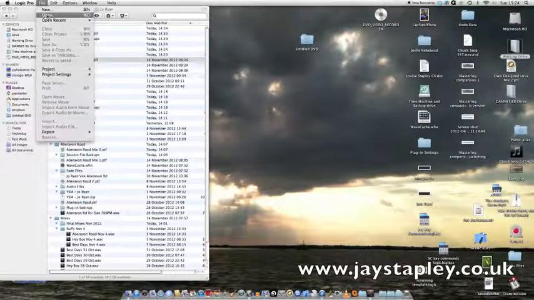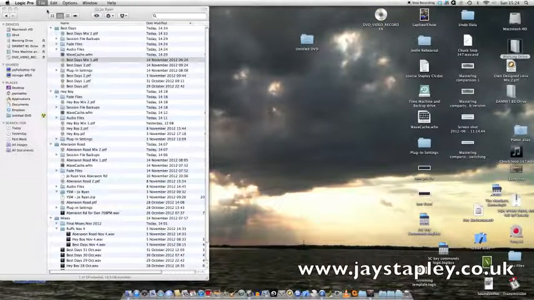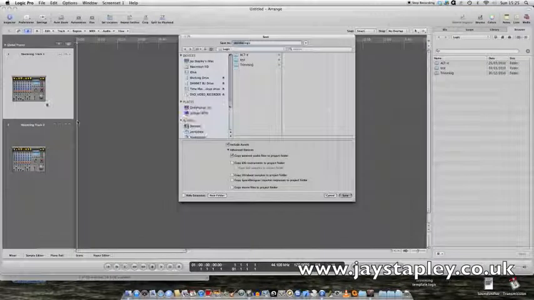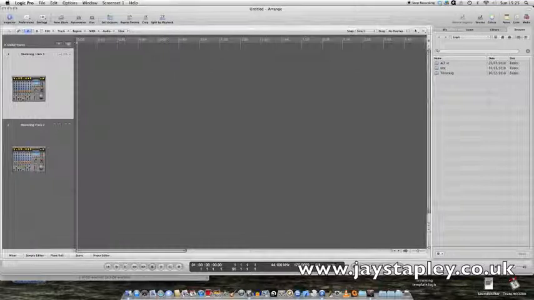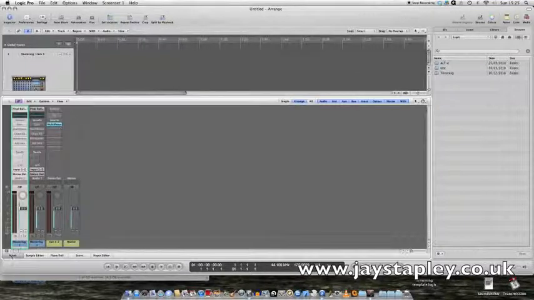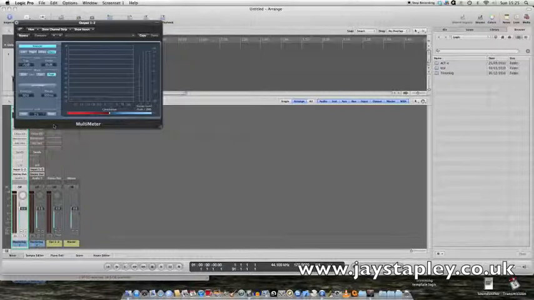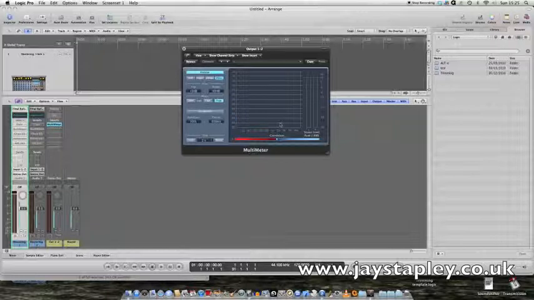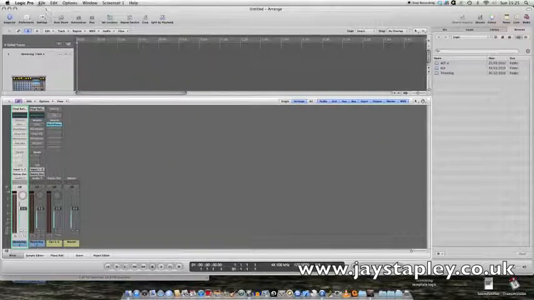And let's look at a couple of other templates. We've also got a stereo mastering template here, which is already set up with a couple of tracks with mastering plugins: gain, multimeter, channel EQ, multi-band compressor, adaptive limiter, and a multimeter over the main outputs, so I can see exactly how much I'm changing my sounds as I master final tracks. Okay,